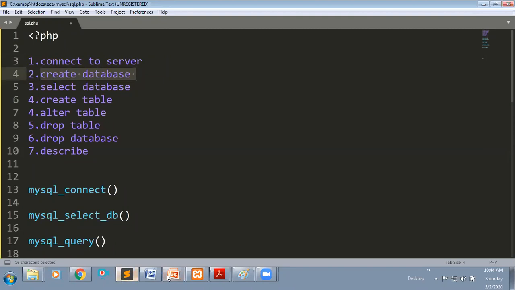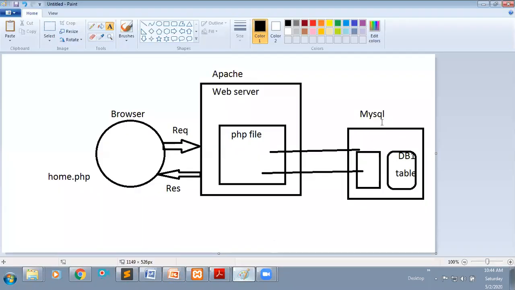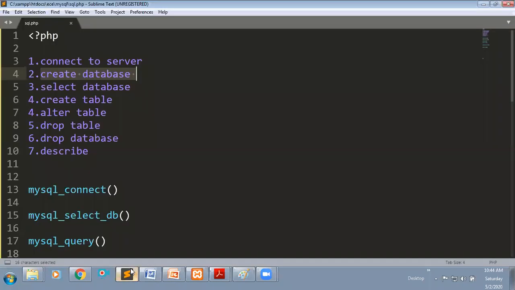After creating the database, I will select that database. In the server you can create many databases, and in which database you are going to do processes, you can select that database. After selecting the database, you can create a table.